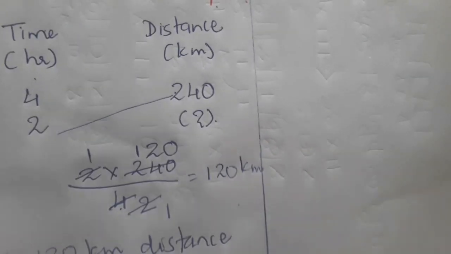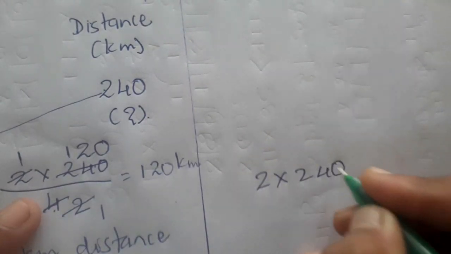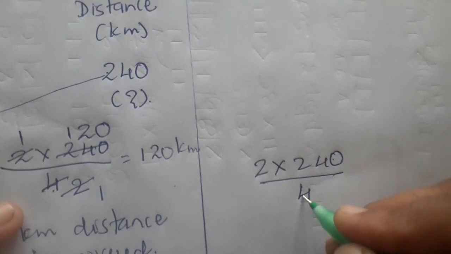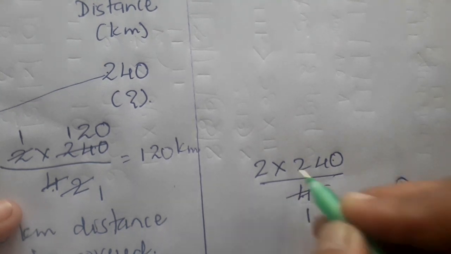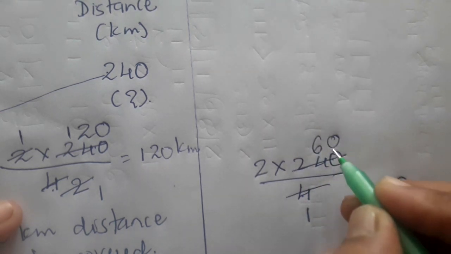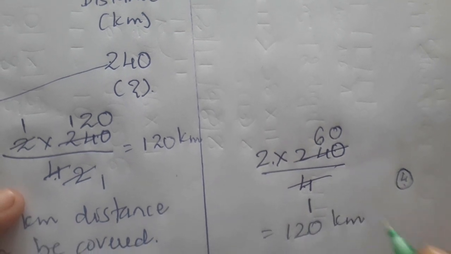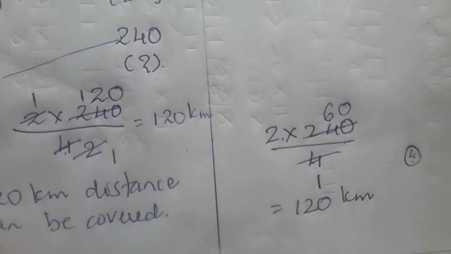If somebody has reduced the things, as you may think, say 2 into 240 was given and divided by 4. If you have reduced in a way that is these two numbers simultaneously are divided by 4, you may think in that way also. So that is also correct. So 4 is the common factor. So 4 1s are 4, 4 6s are 24 and 1 0. And see here 60 into 2, again it comes to 120 kilometers. So whatever the method you want to adopt, that is one and the same. Okay. And then let me go with the next example.